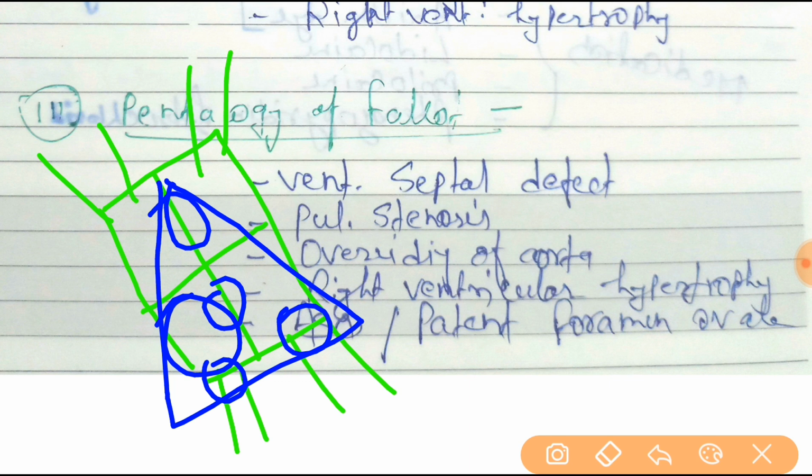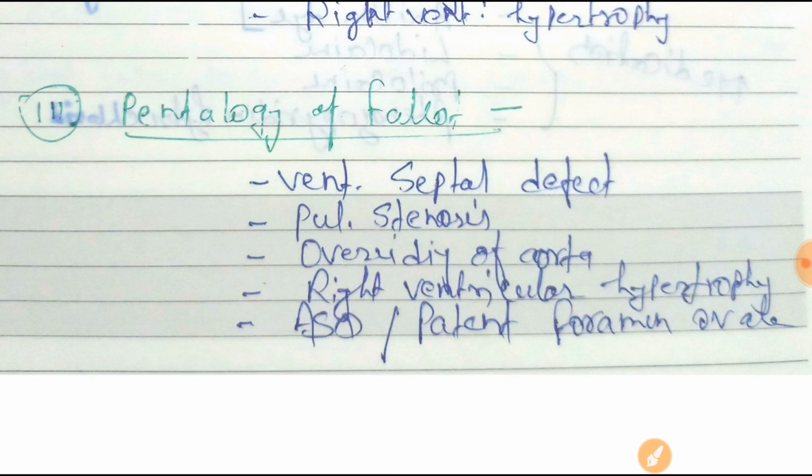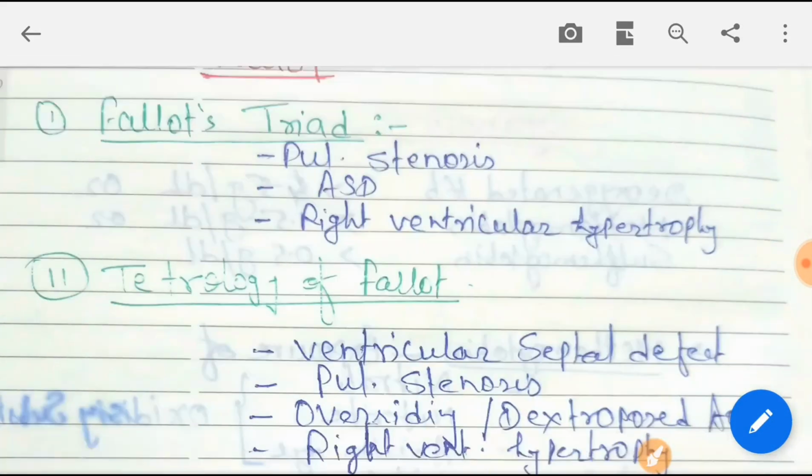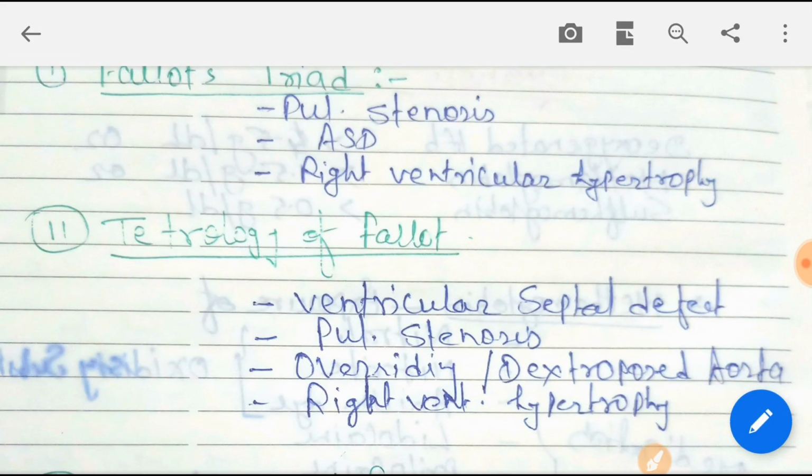But here you have to retain that in Fallot's there is no hypertrophy of any other chamber other than the right ventricle. Okay, or what is overriding or dextroposed aorta? Dextroposed aorta,